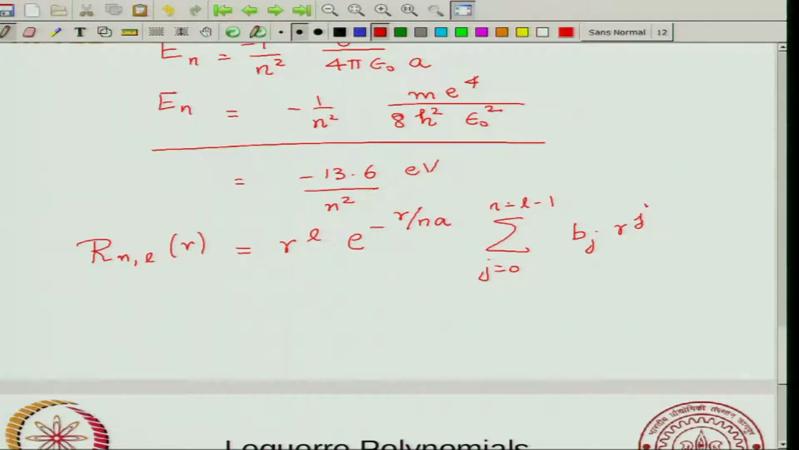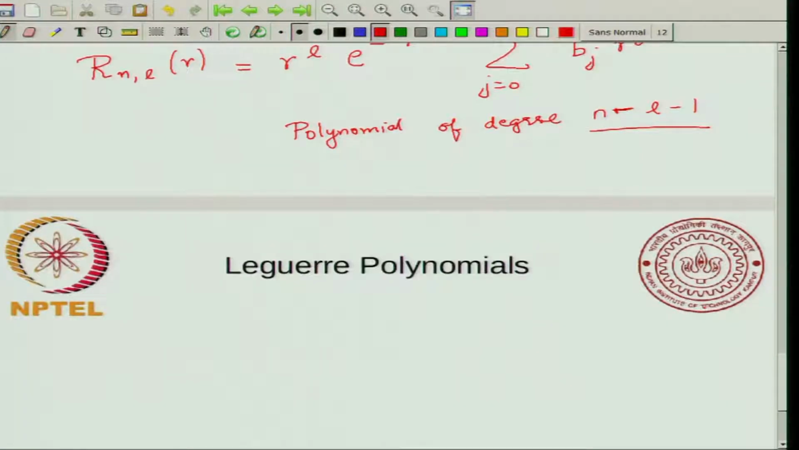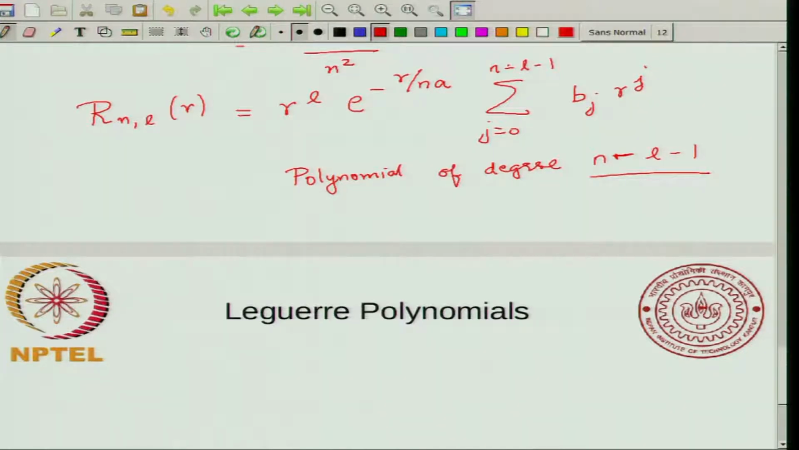Okay. Now what you can do is you can go ahead and express these. So this is a polynomial of degree n minus L minus 1, and this is what is closely related to something called the Laguerre polynomial. Okay, so the Laguerre polynomial, this polynomial, you write